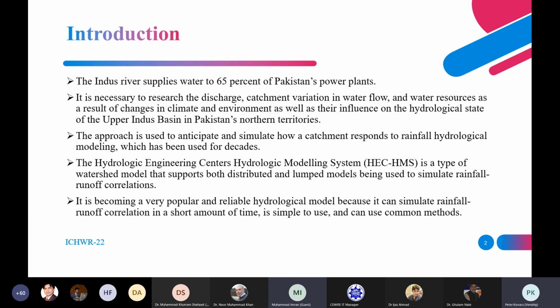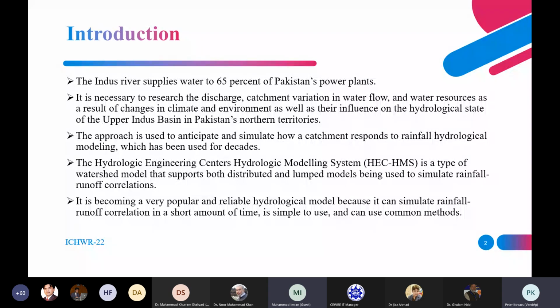Here is the introduction. The Indus River supplies water to 65% of Pakistan's power plants. It is necessary to research the discharge catchment variation in water flow and water resources as a result of changes in climate and environment, as well as their influence on the hydrological state of the upper Indus Basin in Pakistan's northern territories. The approach is used to anticipate and simulate how a catchment responds to rainfall; hydrological modeling has